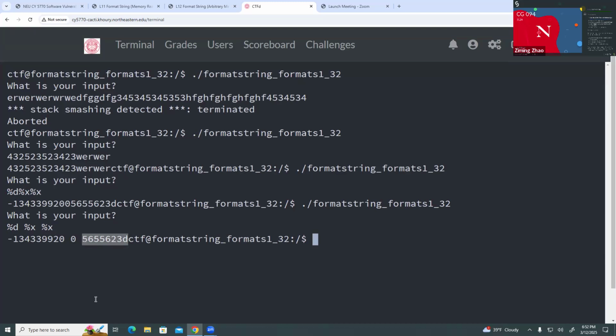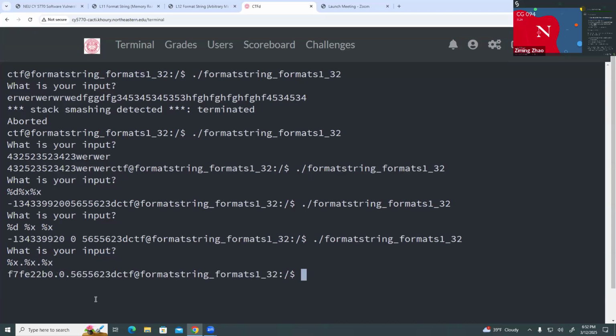This looks like a code address, a pointer, right? Looks like that. So maybe we just do %x. Okay. So this is what we get. So F7, this also looks like a pointer. This looks like maybe the saved EBP there. Could be. Looks like a stack pointer. Then there is a 0. What is that 0? I'm not sure. Then that number looks like